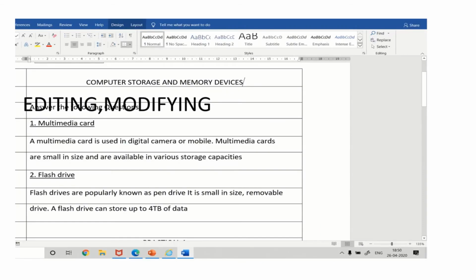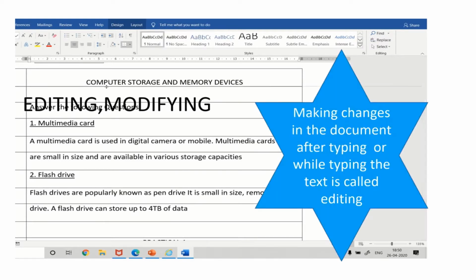Do you know, children, what is editing or modifying a text? When we make changes while typing or after typing, it is called editing. Like you can see here, the heading was computer storage and memory devices, but the word computer is deleted. So that means I have modified that place. Then "answer the following" was written.